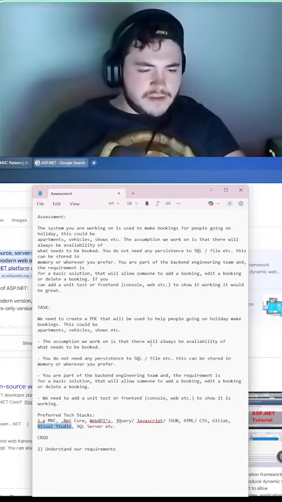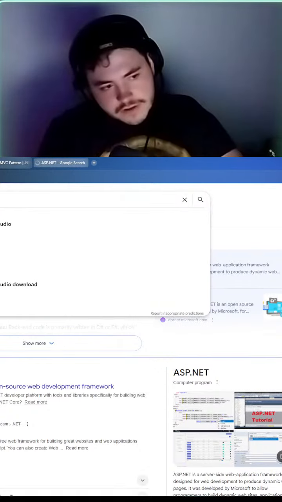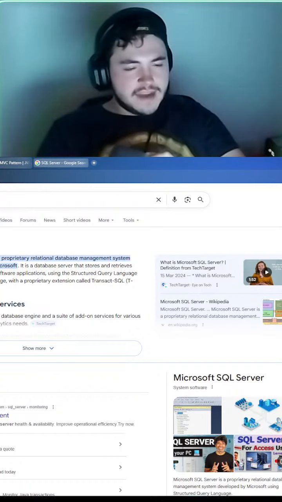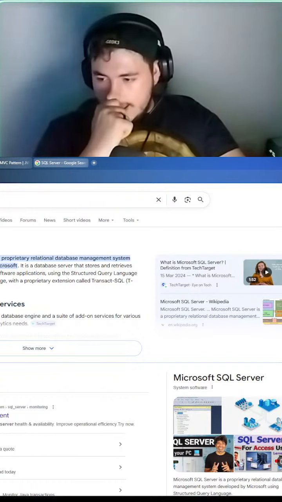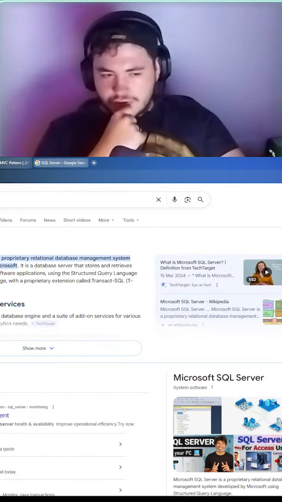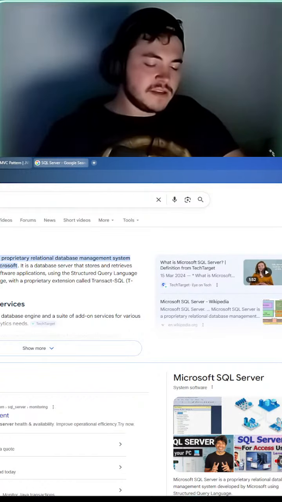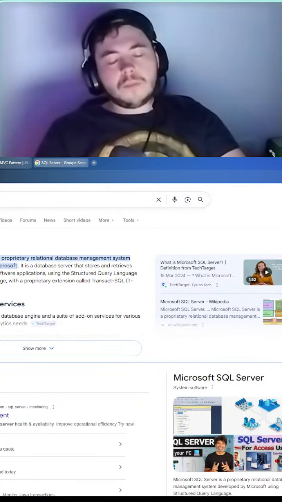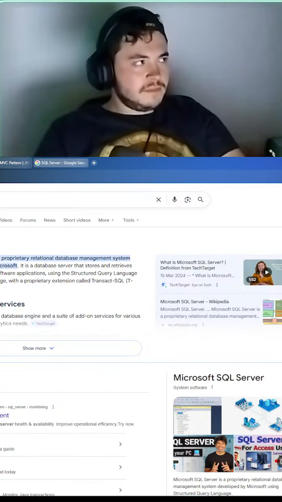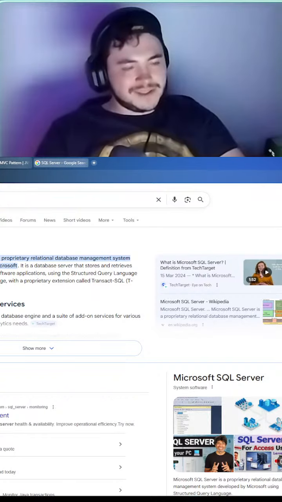ASP.NET, I think I've covered a lot of that. SQL Server is a database, all right? And there are many different ways in which you can manage a database. Personally, I use Postgres just because I know a way to make a very quick Docker image for it. And if you solve the problem once, generally, it wouldn't make sense to solve the problem again. So I have a solution, it works, it is widely accepted, I'll use that solution, right?